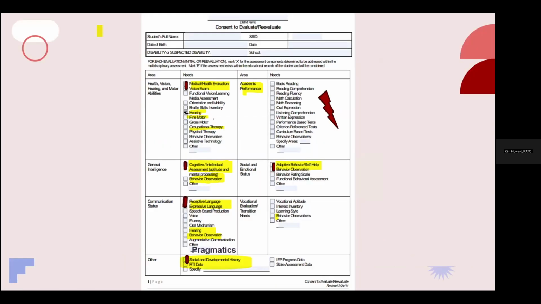All right, so this is our starting place, right? I pulled this from KDE. This is our evaluation form. And what are we considering? I just kind of highlighted some things and I put a lightning bolt. I'm going to go through this more specifically, but I wanted to bring us back to this autism eligibility. And we're talking specifically about that initial eval, thinking about we're trying to determine, does the student have autism or not? Here are some of the places that we're going to start. We're going to walk through all of these pieces as we go throughout the rest of this session. So I highlighted some things, and we're going to talk about those as we go through.